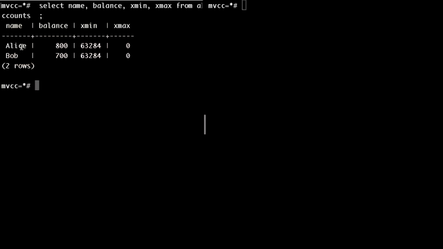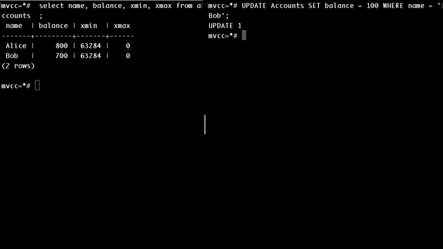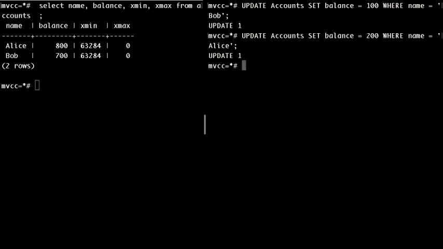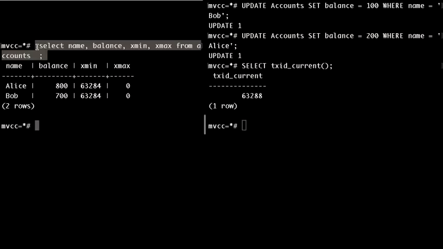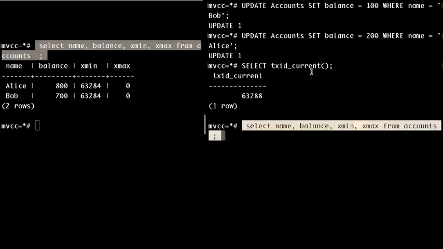So we're seeing that these tuples are created by this old transaction, and these tuples are alive, right? Now, what if I change these values again? If I change Alice, if I change Bob, I change the money to be maybe 100. If I change Bob to 100, and if I change Alice to 200, which are way lower. And if I change those numbers here, and if I check these